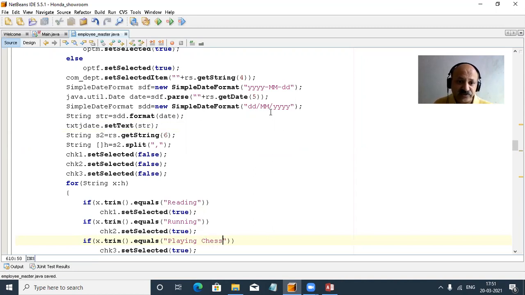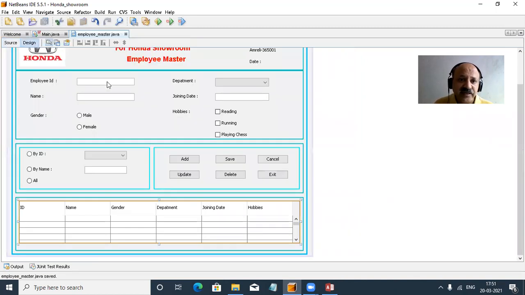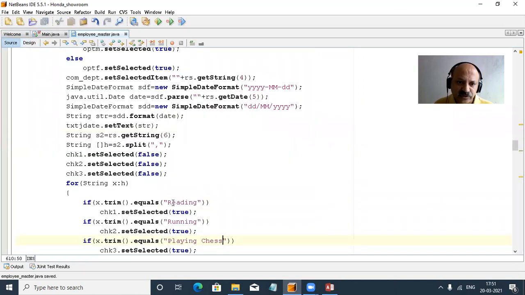Yes, let us first check our design and that text. Yes, so reading, running and playing. So C, P and H are capital. Yes, now I can also observe. So reading, running, and playing, with P and H capital, and here first. So yes, now let us check.